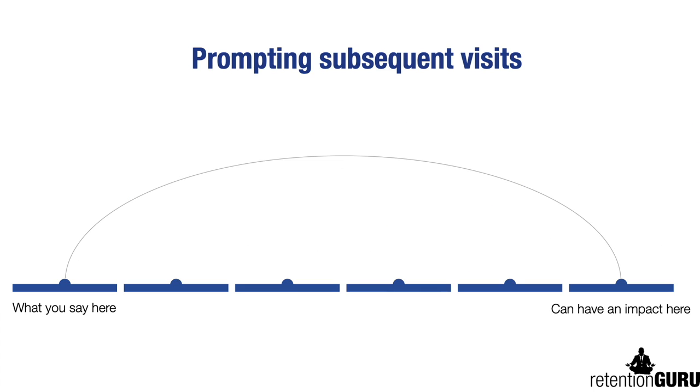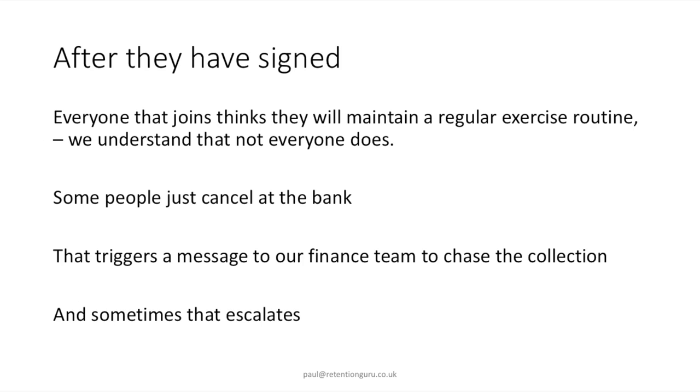Now with that in mind, we have to think about, as I said before, seeding or persuasion. Something you say here in the early stages can have an impact over here in the later stages. If you don't say it, you're bringing that to someone's attention at the point where there's an issue. If you bring it to their attention earlier on, they're much more likely to manage it in their head more sensibly and therefore comply to any suggestions or advice you give them up here rather than reacting to it at this end. So let me give you an example of that.